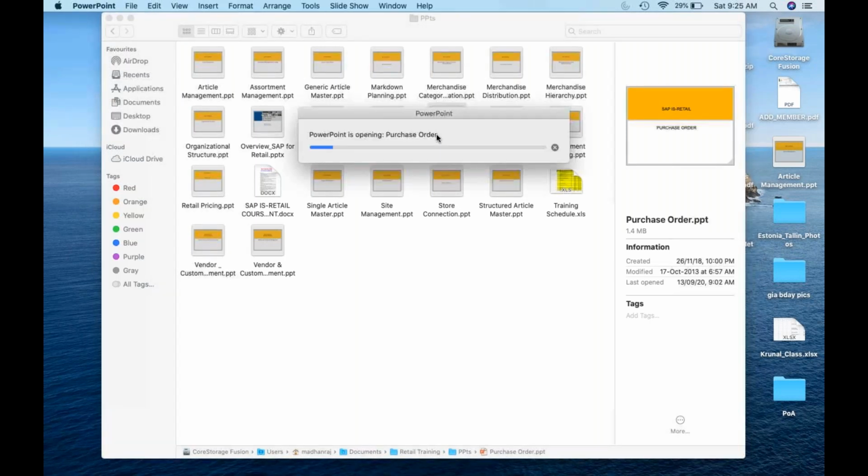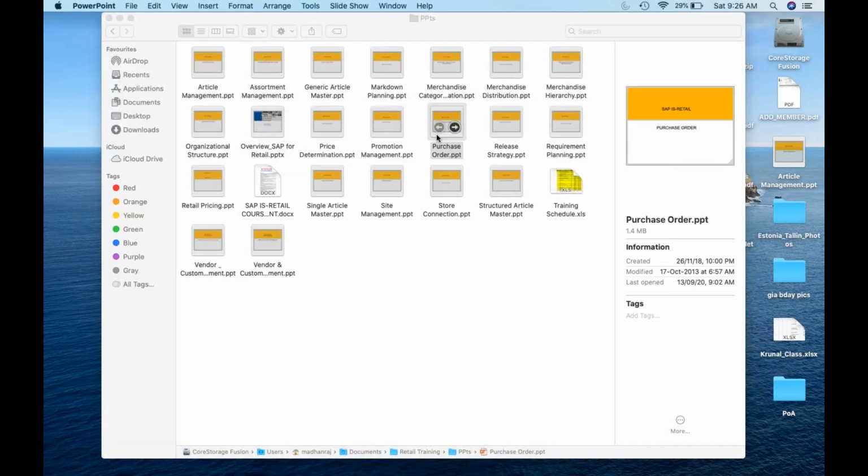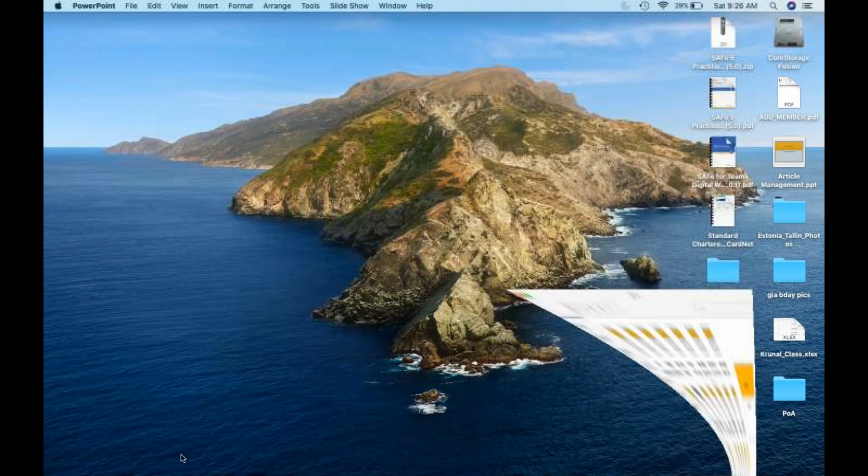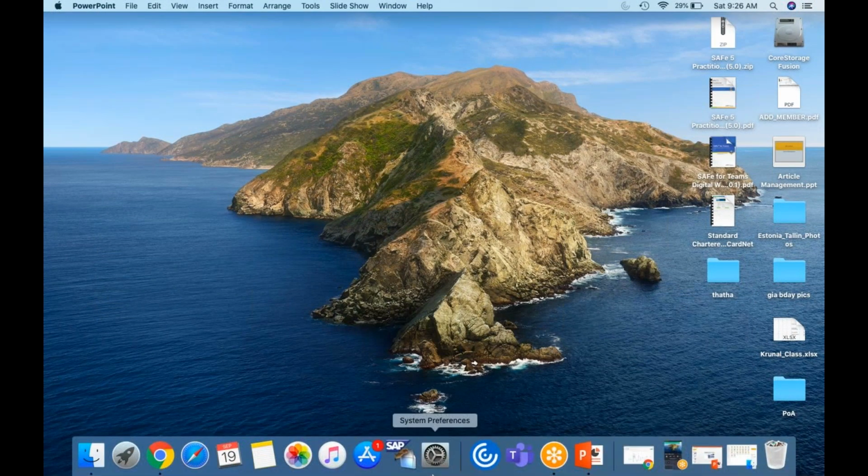Okay. Now we have seen how the pricing actually works, right? So the first thing is, I will show you how to create condition records.